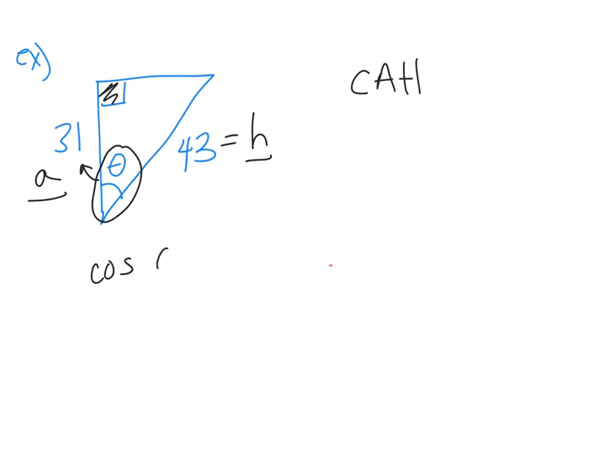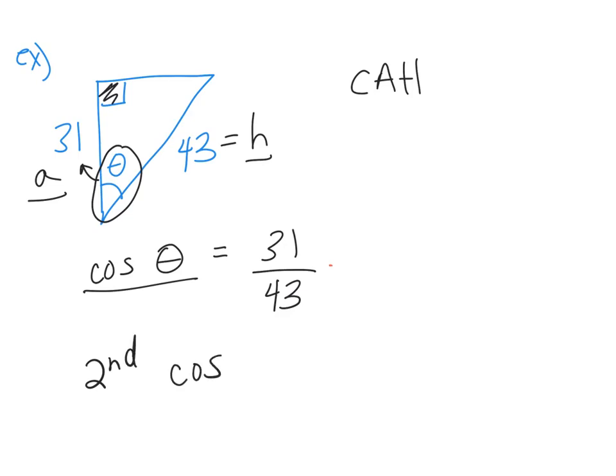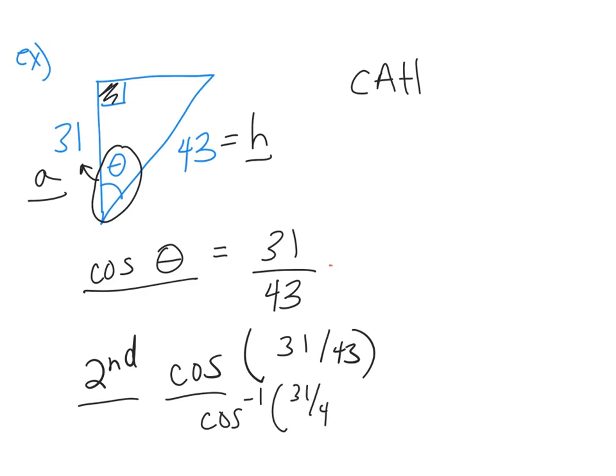Cosine, we do not know the angle, so we're going to put in theta. The adjacent is 31. The hypotenuse is 43. There's no sense putting a 1 here because we cannot cross multiply. We're going to use the second key on our calculator. Press second, press cosine. This will automatically show up. Once you press second and then cosine, you will see cosine of -1, the parentheses there. Then you type in 31 divided by 43, and you get